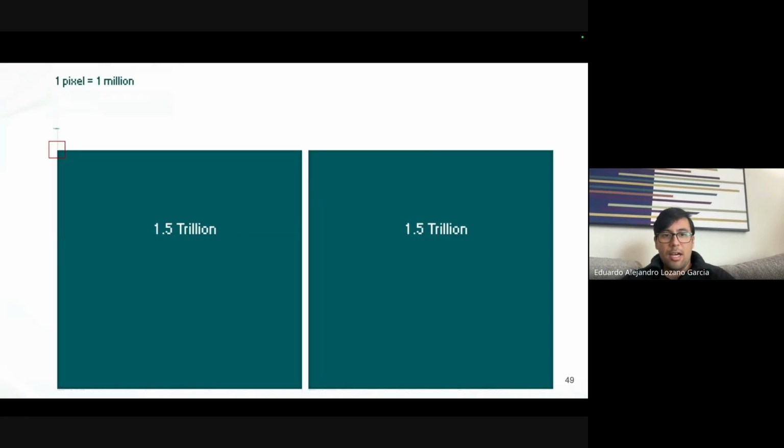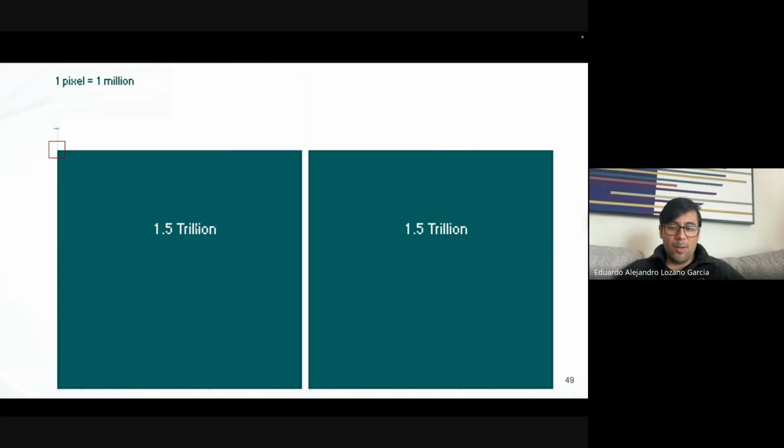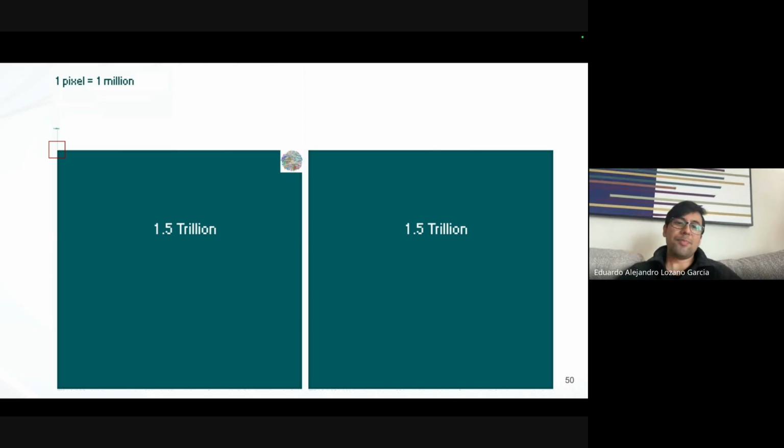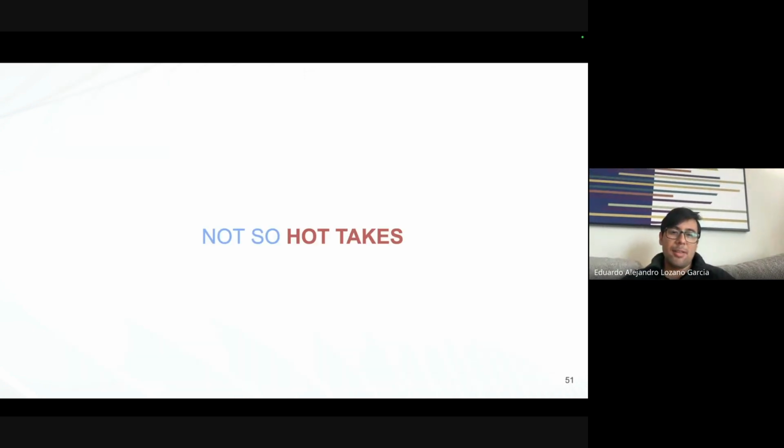Having said that, I want to go back to one of the first images that I shared at the beginning, and I promise there's a pixel there. But even though we went through a lot of engineering to make Biomedica possible, there's also an issue of scale. Biomedica is still not a very large data set compared to what we use in the general domain. And this is one of the limitations that we have with healthcare data, right? So having said that, I would like to share some hot takes, or probably not so hot takes, based on the things that we learned while creating Biomedica.